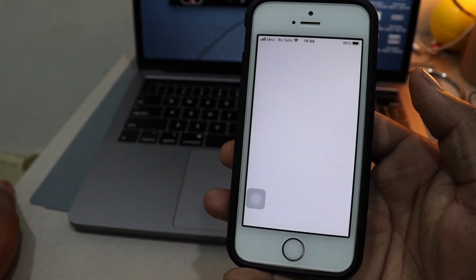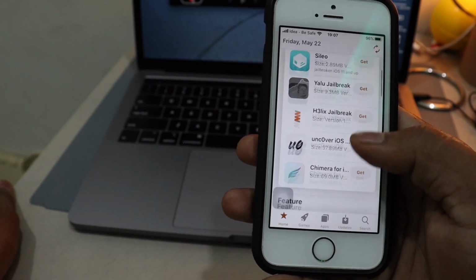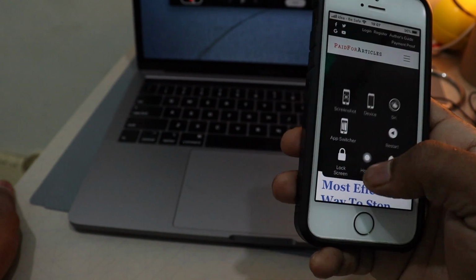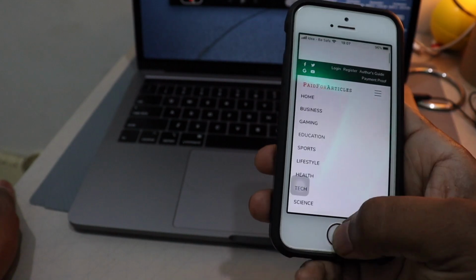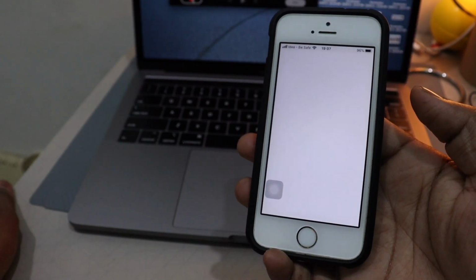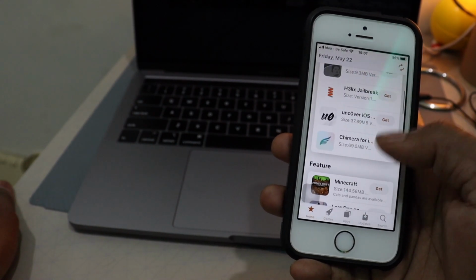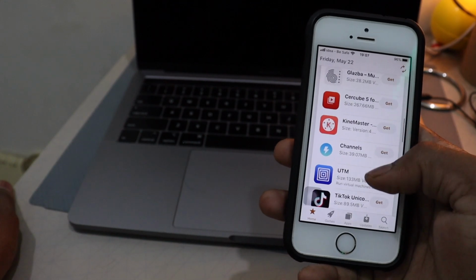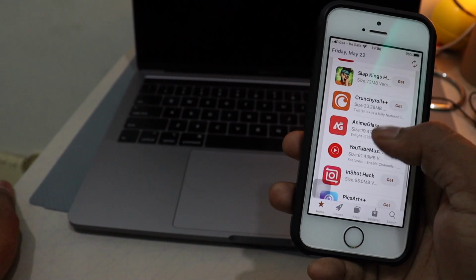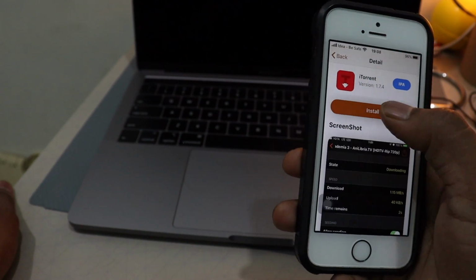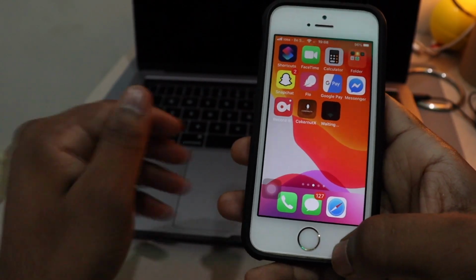Now open Coconut X. Now you have the option of installing all kinds of Tweak apps which are available here. Minecraft, you will get these annoying ads, so bear in mind, get ready for that. Okay, just go ahead and open Coconut X. There we go. If you scroll down, you can see jailbreak apps, Minecraft and KineMaster, TikTok, all kinds of Tweak apps. So let's say I just want to install one. If you want, you can get IPA files even from this and go ahead and install that.